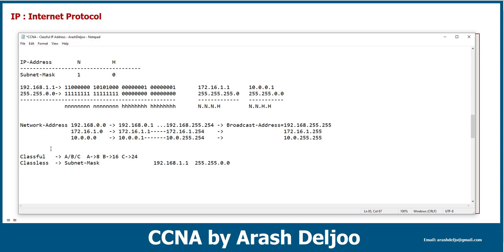This is not optional. You must configure the subnet mask. If you don't configure the subnet mask, the IP will not work, and maybe you will receive some error message. But in classful networks, we didn't have the subnet mask. For example, we only configured one